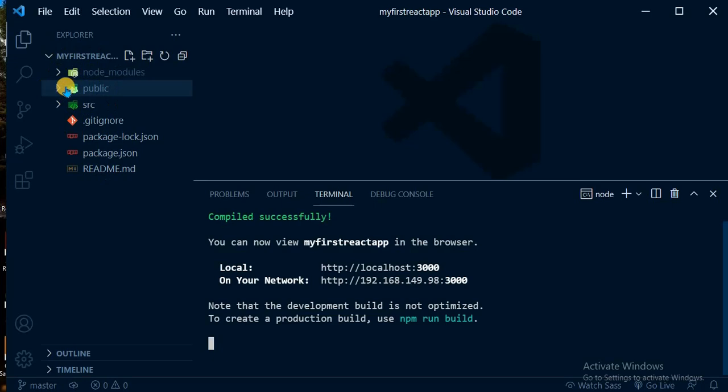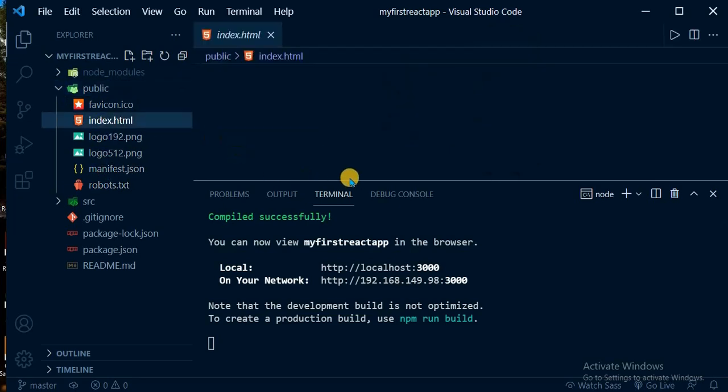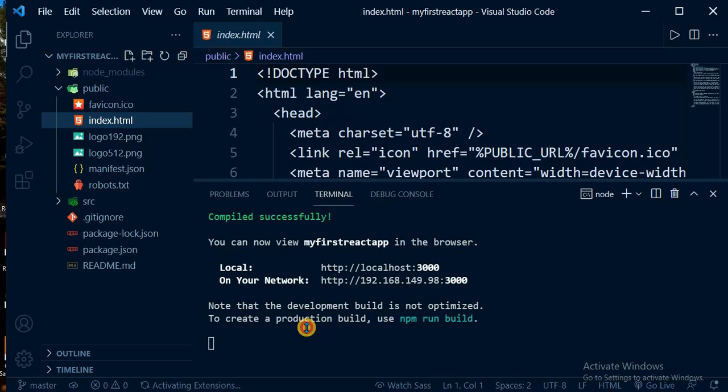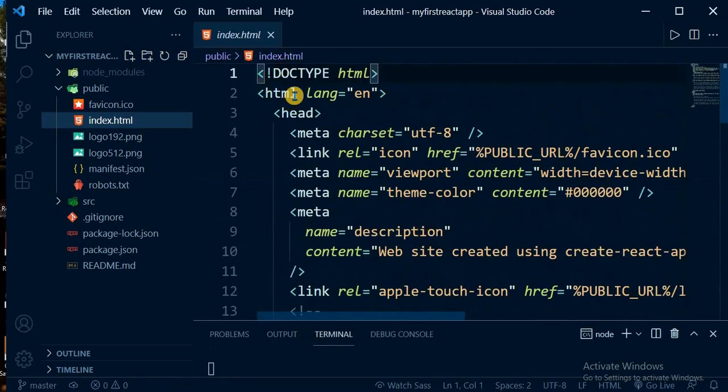First of all, we'll find something called the public folder. Inside we have many things, but we will be concentrating on index.html. This is actually the main part. You can understand that this is a simple HTML file.